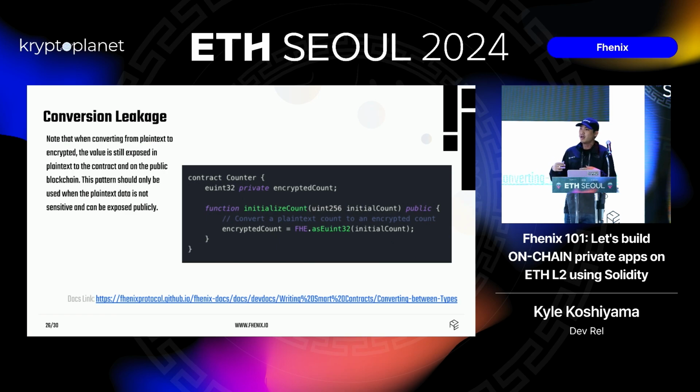And if you did it once, right? I like to think about it as: if it happens somewhere, there's going to be a trace of it. Someone, if they dig deep enough, is going to be able to figure out what happened. This is an example of passing in an unencrypted integer and then trying to encrypt it, right? Because even if you go forward from there and the number is completely encrypted,